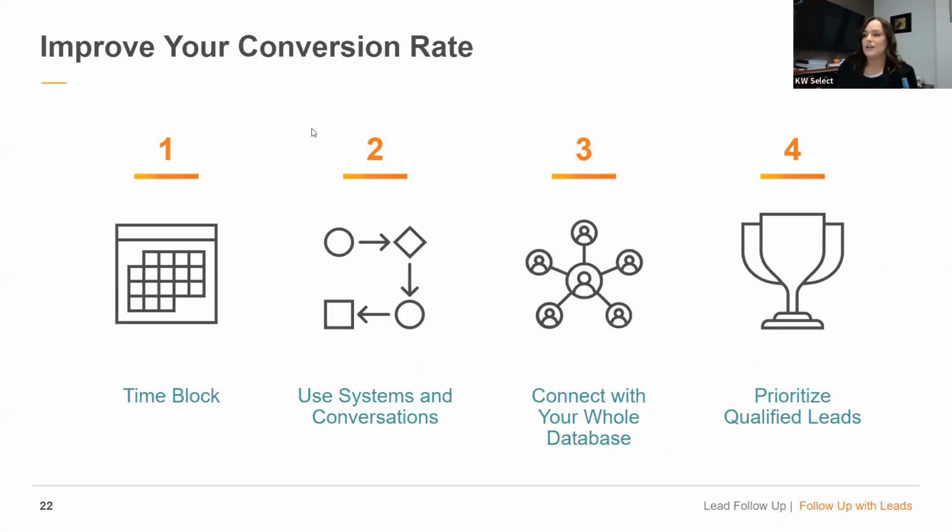So here's how you can actually improve your conversion rate. One is time block. So this is very important that you're spending time. We always tell you to time block for your lead generation, but you should also be time blocking for your lead conversion. So set some time aside in your calendar to actually go through your database or your pipeline or your notepad, wherever you're writing down these people's information, and making sure you're putting them into your database and putting them on a smart plan or creating the opportunity, giving them a call, whatever it is that you need to do, and make sure that you have that time specifically in your calendar.